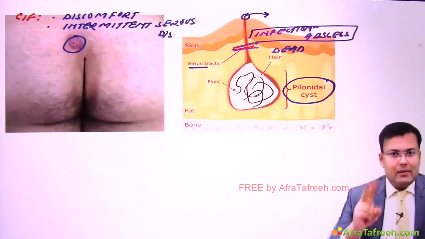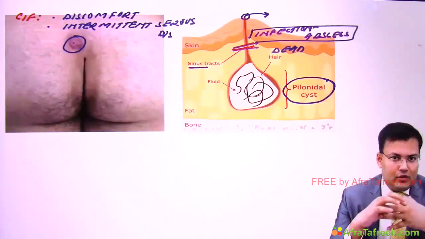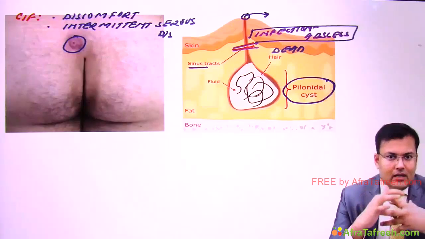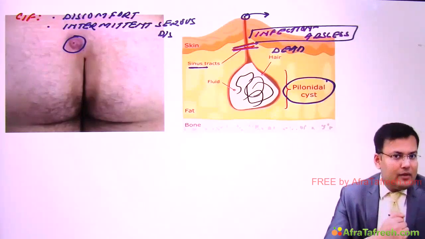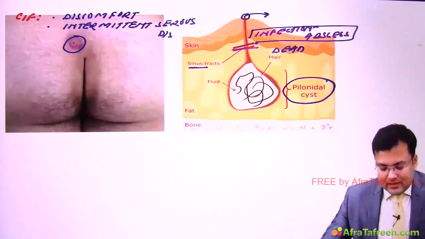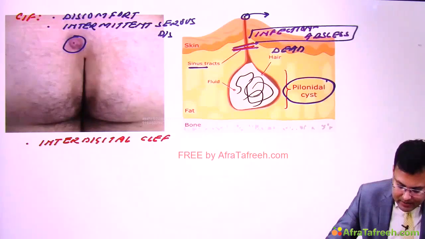But you have noticed barbers. In barbers, this is one of the common locations. What? There is interdigital pilonidal sinus. So pilonidal sinus can be seen in the interdigital cleft, especially in barbers. Other uncommon locations are axilla and umbilicus. So what are the other locations? Interdigital cleft region, especially in barbers, umbilicus, and the axilla.